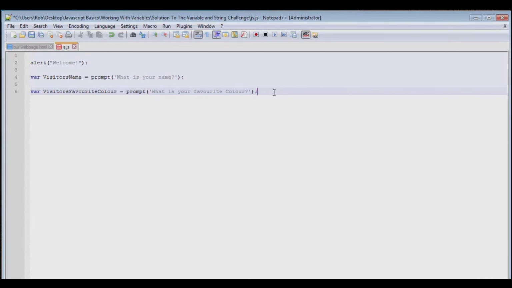So the next thing we need to do is we need to combine the user's name and favorite color together into a string that goes as follows. Okay, so this part, we're going to have to combine our strings together, remember? And we're going to have to start it off by writing a document.write command,